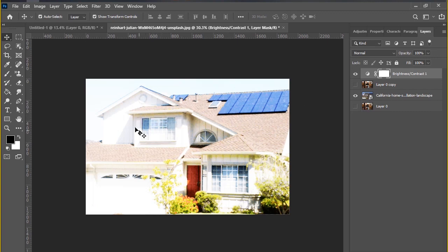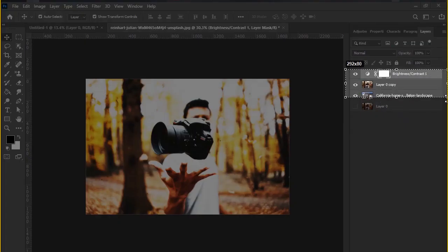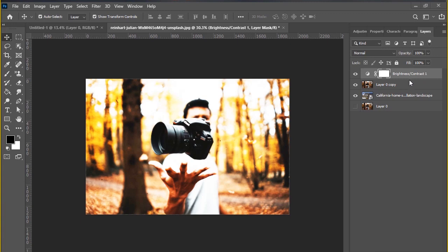Okay, I don't want to affect this image with this tool. So if you want to increase only the brightness and contrast of this image, you can do a little thing. If you press Alt and move your cursor to the middle point between these two layers, you will see this type of icon. If you press this one, now